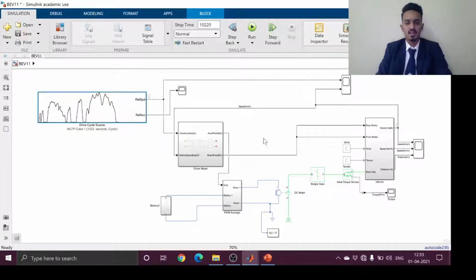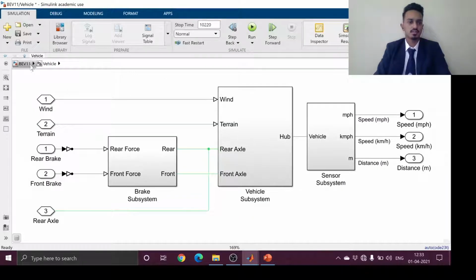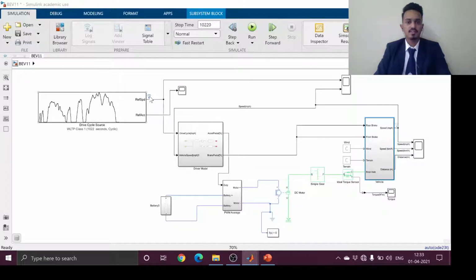So this is the model, as you can observe. This is the electrical vehicle model. This is a driver model. This is our vehicle system. This is the vehicle subsystem. And so after simulation,